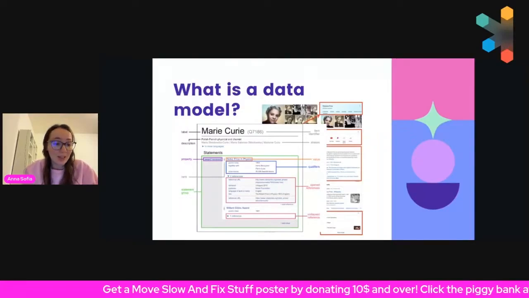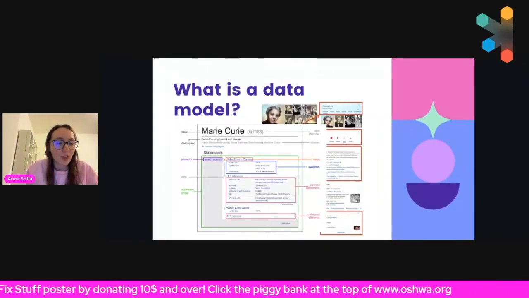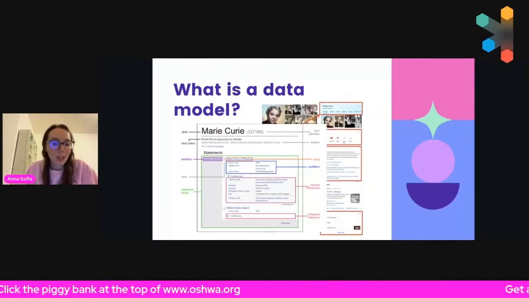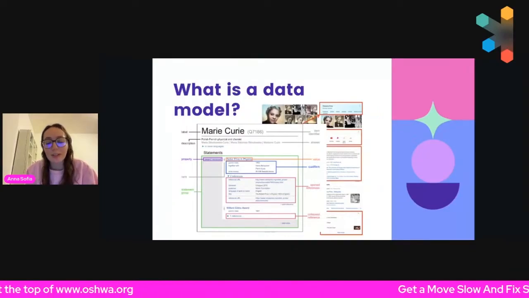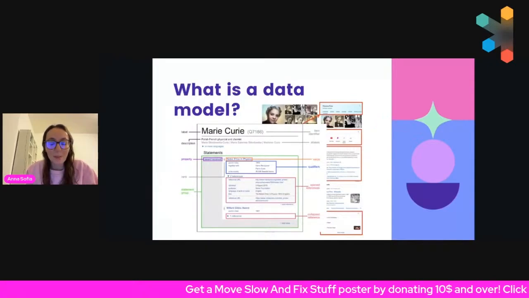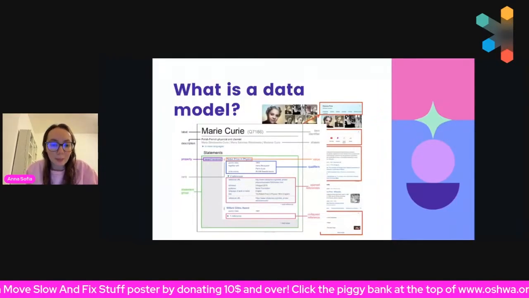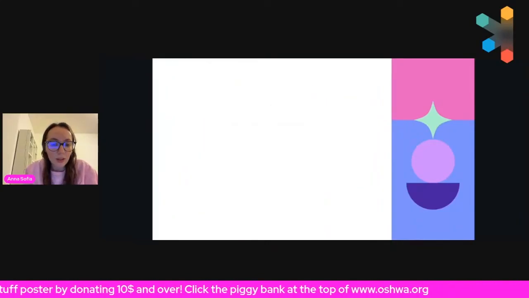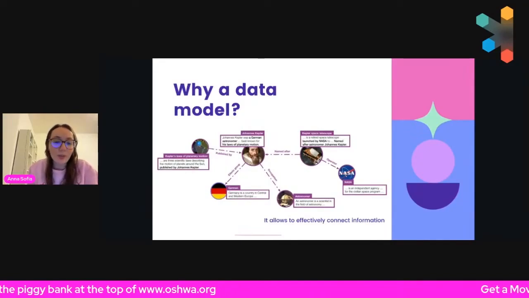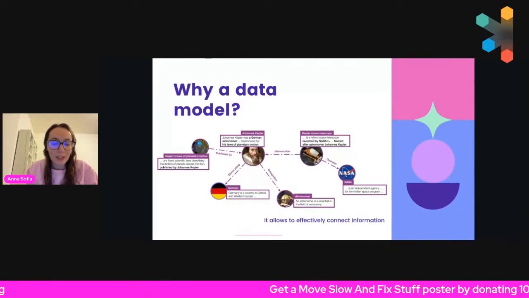So they can be seen by other people and also connected to other kinds of information. For example, if a project is of the type agriculture, we can look at other projects of that kind, and we can make queries based on specific properties. So if we go to the next slide, we can see that the point of a data model is to effectively connect information, so that information is not repeated, it's just